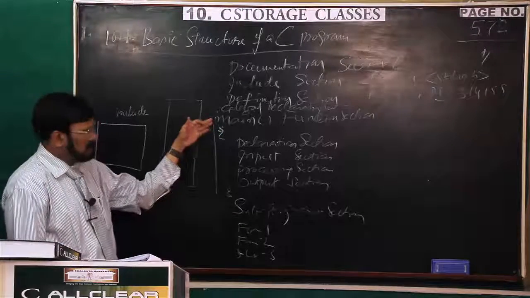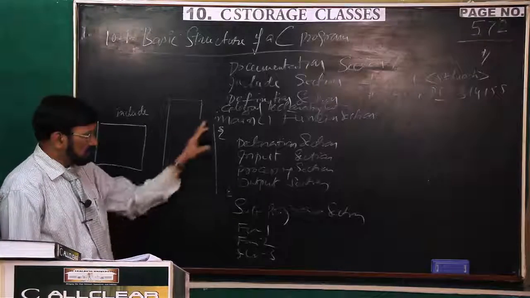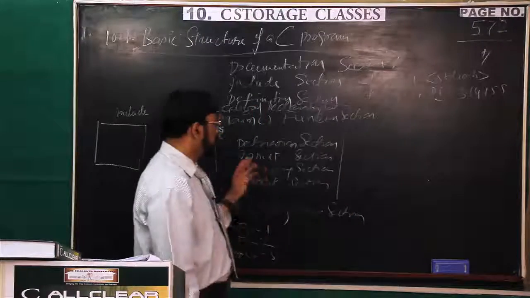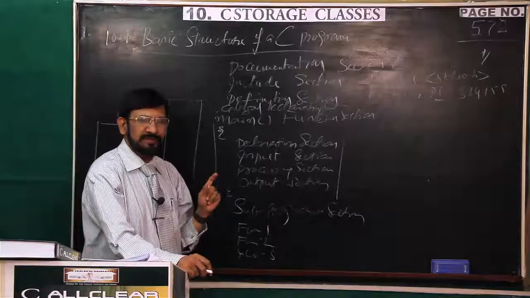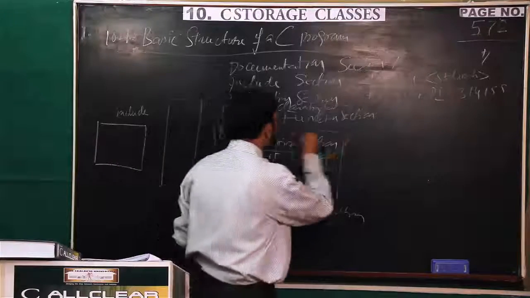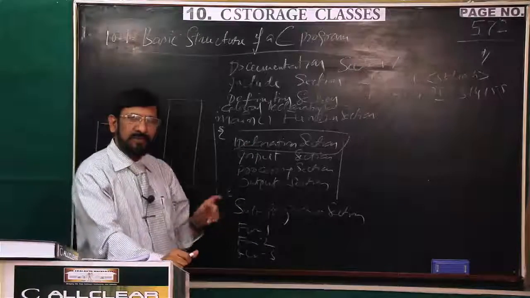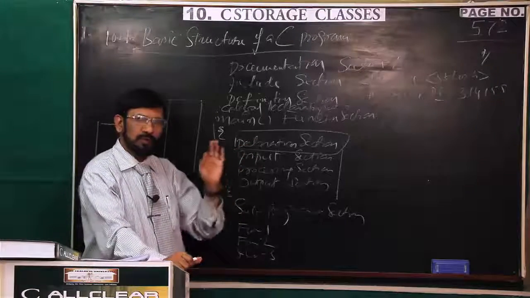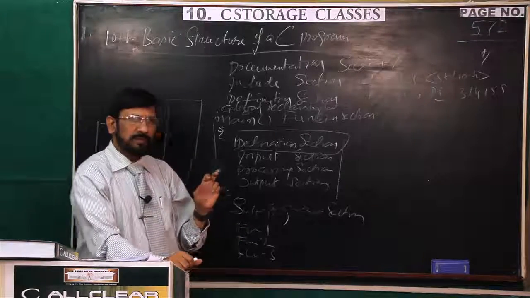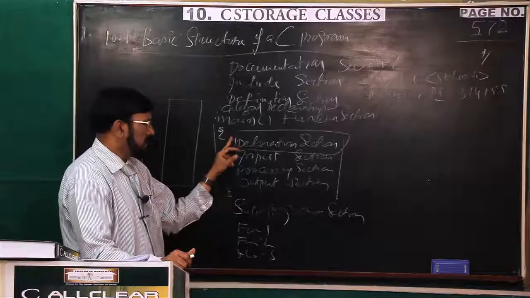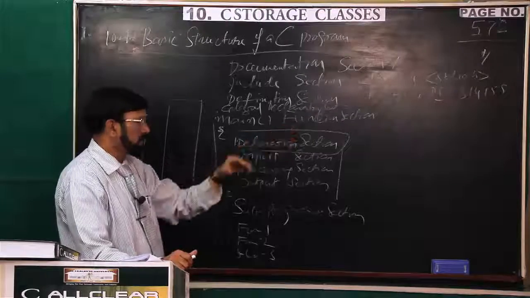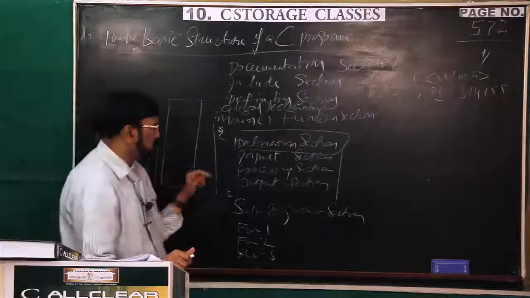Thereafter, this is the main block. Every function should have a block. This is the main block. In the main block, you can find four sections. The first one is the declaration section. Whatever variables you are going to use in the program should be declared first. Thereafter, you can write any code, including clear screen. Understand? Many times I explained that C is very stringent on this point. In the declaration section only, irrespective of the number of variables, you must declare and then write any other code.